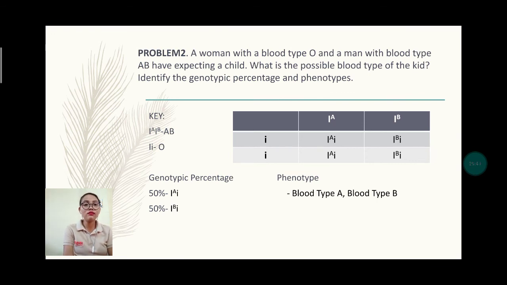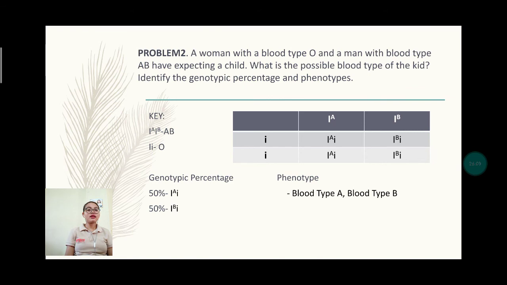Okay, using the key, I raised to A and I raised to B will result in AB blood, and small i or ii will result in blood type O. So using the Punnett square,